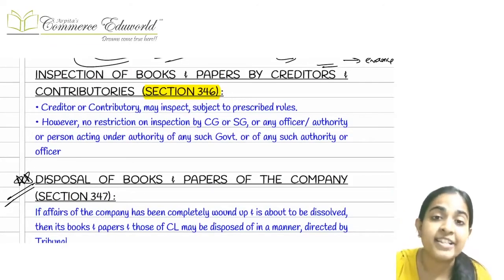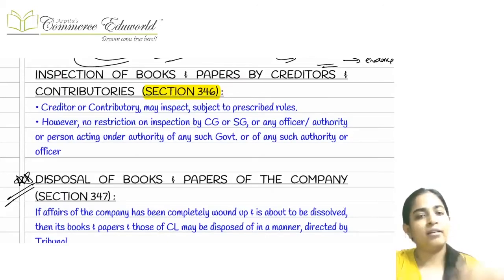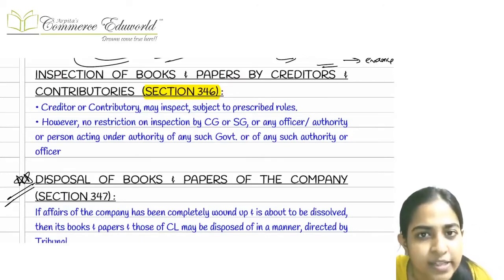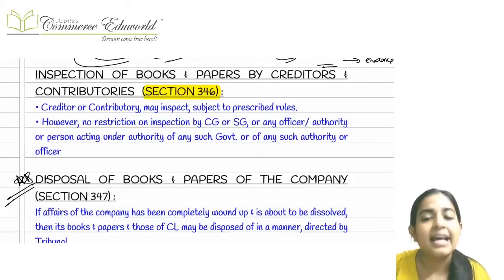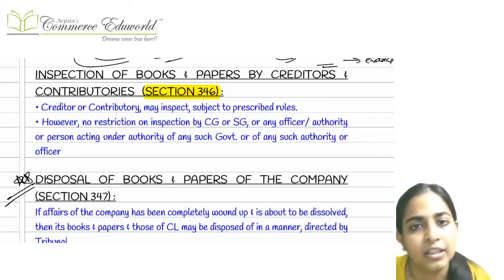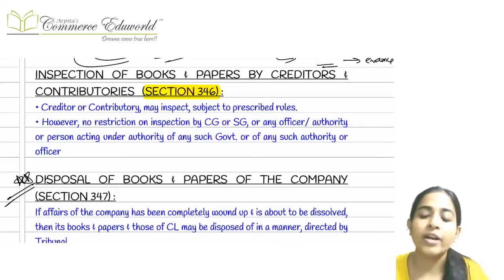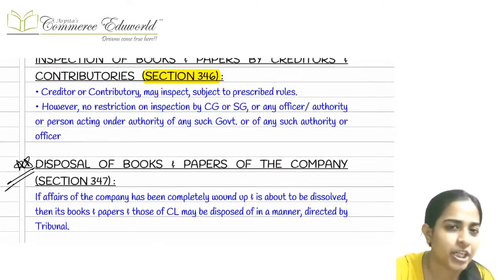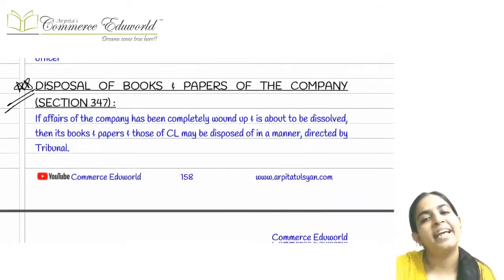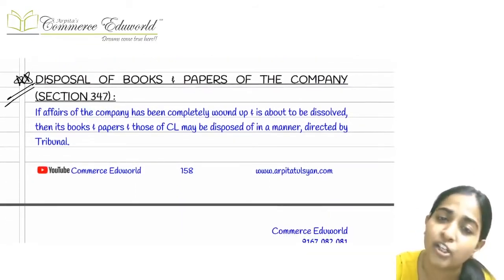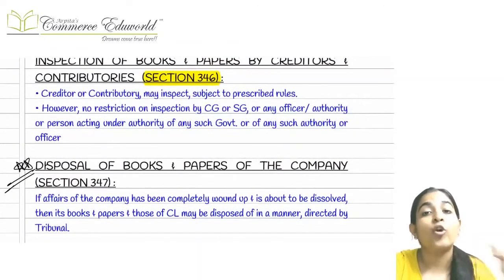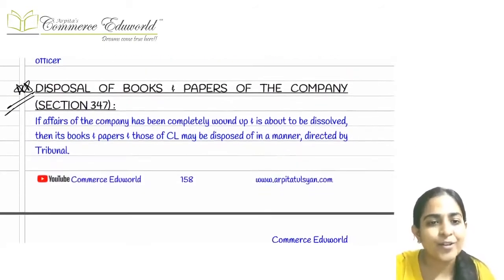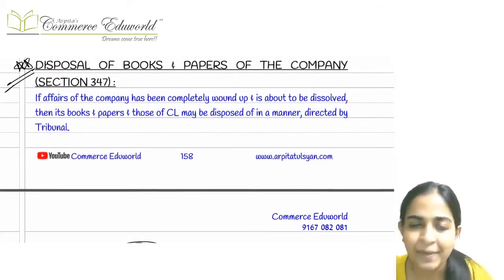Okay, that is prima facie evidence for each and every matter. If you want to go into detail, then you can gather the things from different sources. But the prima facie, the primary place, is nothing but the books of accounts of the company. These books and papers, as I had already mentioned earlier, can be inspected by creditors and contributories subject to the rules and regulations, and they can be inspected by the government with no rules and regulations. Means if the government wants to inspect it, then no rules and regulations will be applicable.